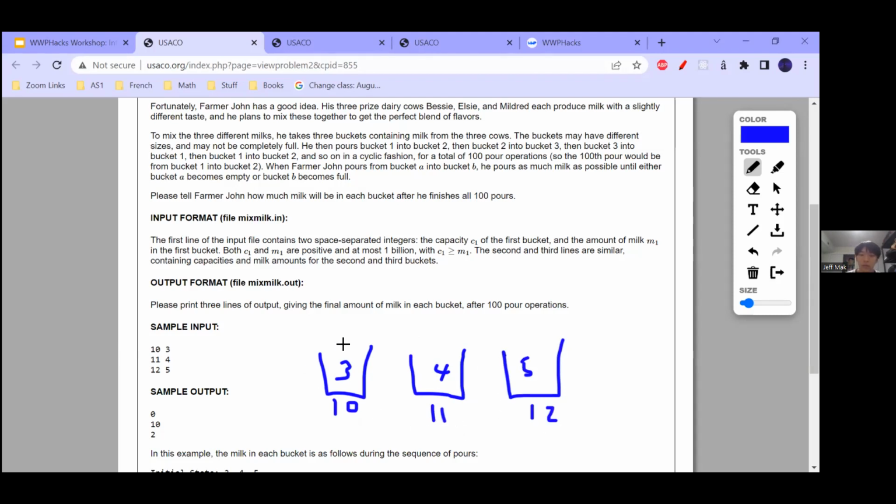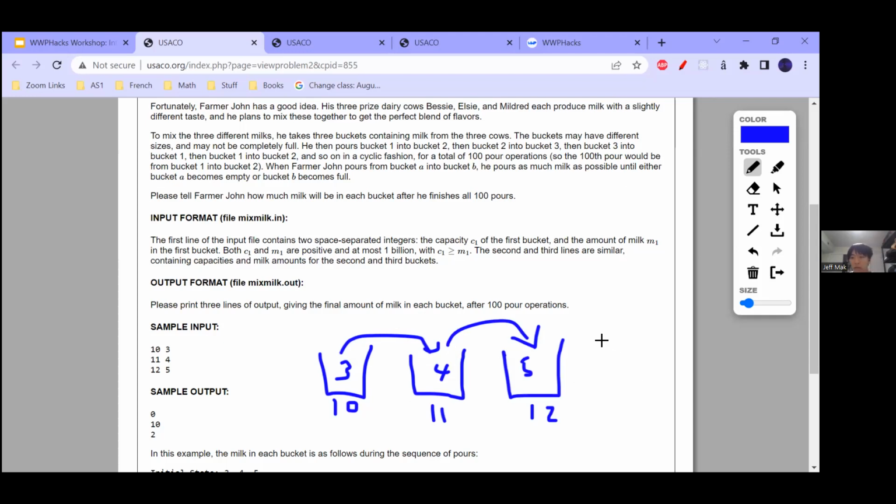The problem says to do 100 pour operations. A pour operation would be putting the 3 milk over here, so you put 3 over here, and with 4 that'll be 7 now, and then pour the 7 over here, and that'll be 12. Then you keep doing that 100 times.